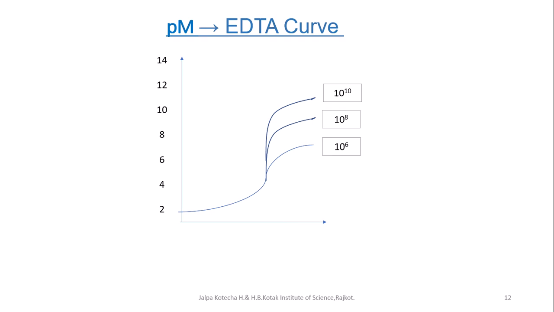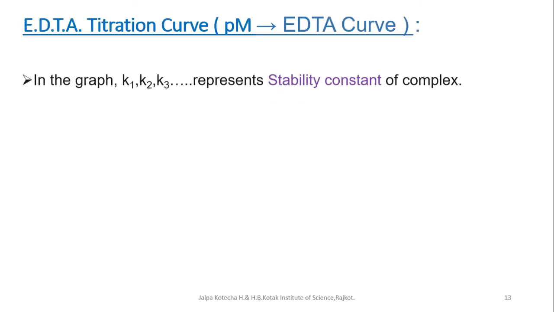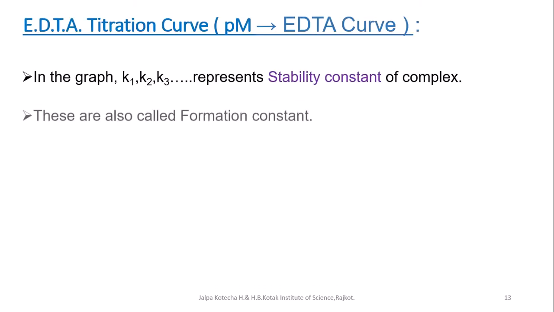See, this shows the graph of volume of EDTA versus the potentiality of the metal ion. It shows a sharp end point, formation of the metal EDTA complex. Here there are stability constants K1, K2 and K3 formed. These are also called the formation constants. Their values also depend on the pH of the solution. So K1, K2 and K3 represent the stability constants.